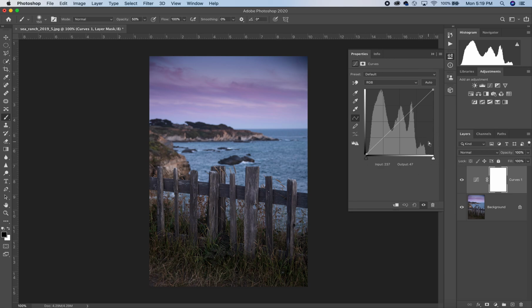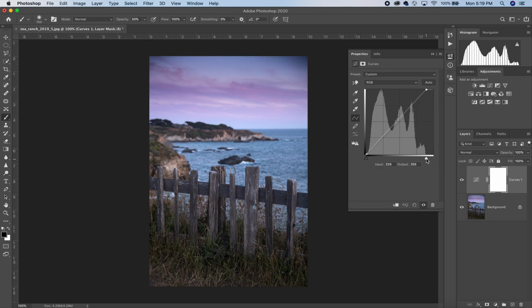And you can see here that we have a gap between the start of our image and where those brightest values come in. So if I just click and move this to the left, you can see how that has addressed a lot of these underexposure issues that are part of this photograph because there was no pure white in